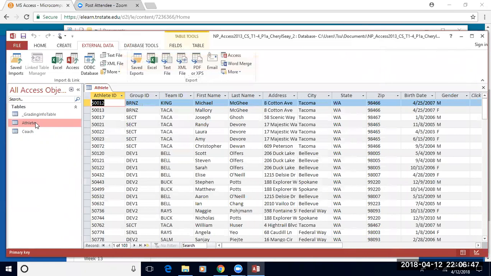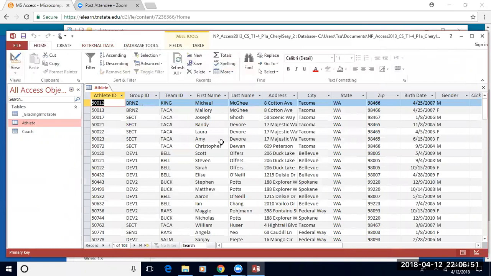And it told me to open it up. I'm now in the datasheet view, of course, and I'm on 7D. It's telling me to open up the athlete table in datasheet view and then resize each column to best fit the data it contains. There are a couple of ways to do this, but the easiest way is if you just bring your